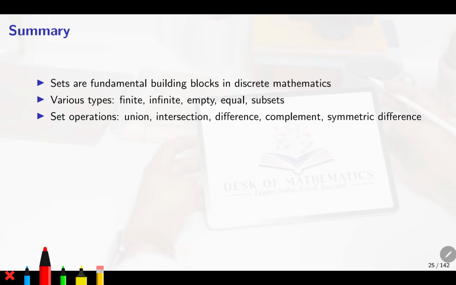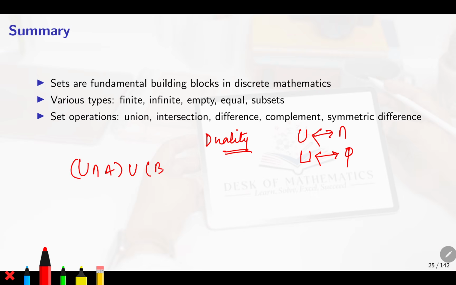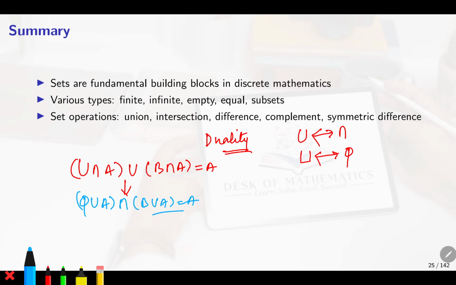Another thing that may be asked in your exam is the dual. So, duality: I have already uploaded the video, go through that. I already said the union is going to interchange with the intersection, and intersection with the union. The universal set is going to change with the empty set, and the empty set with the universal set. So for example, if they give you the universal set intersection A union B intersection A gives you A, find its dual. This may be a 1 mark question, easy. So that is phi union A intersection B union A gives you A. This is called the dual.